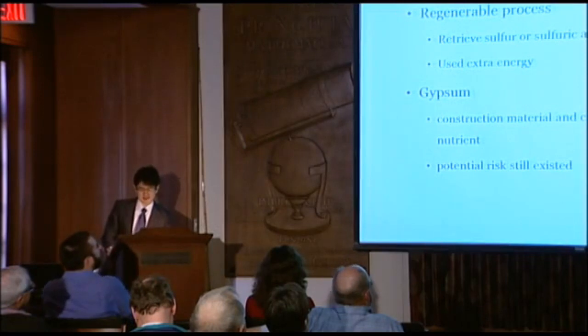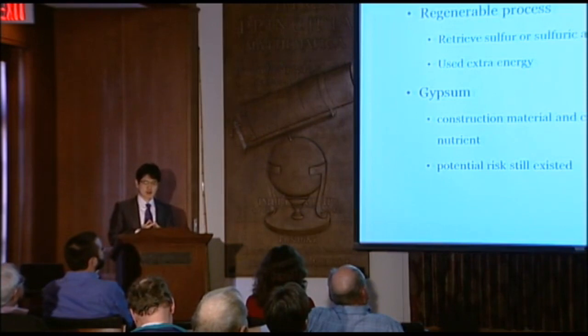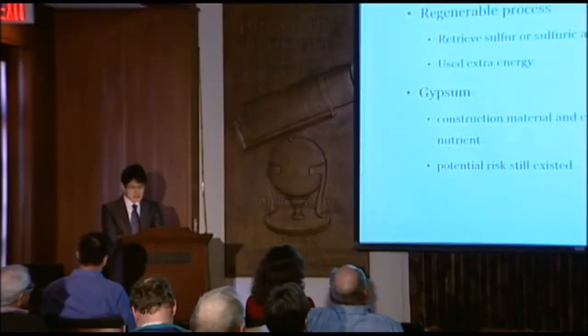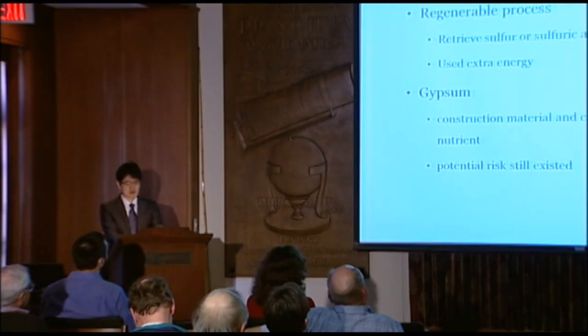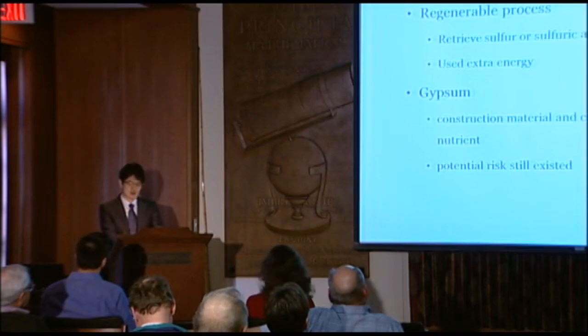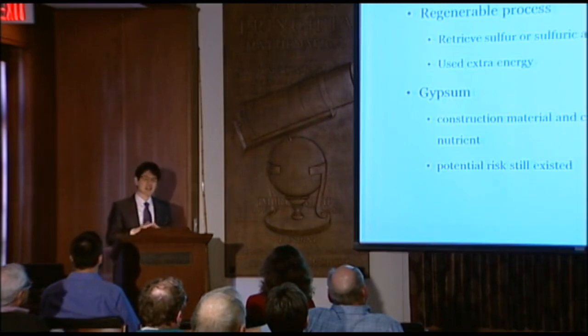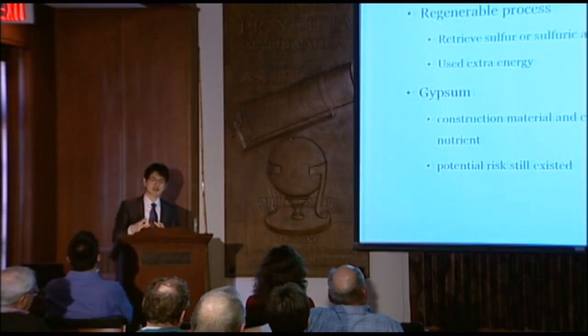Engineers at the CSL invested their energy into two types of scrubbering, a throwaway process and a regenerable process. The throwaway process removed sulfur dioxide from the flue gas and disposed of it. The regenerable process retrieved sulfur or sulfuric acid out of the flue gas. The regenerable scrubbers did not prosper in part for their higher price. And using extra energy for the regeneration was not attractive to the utilities. Even though the regenerable process did not win, the existence of this option helped Princiota to fight against concerns about